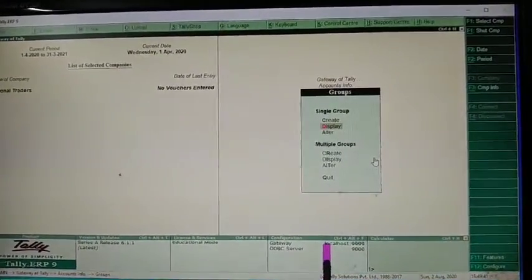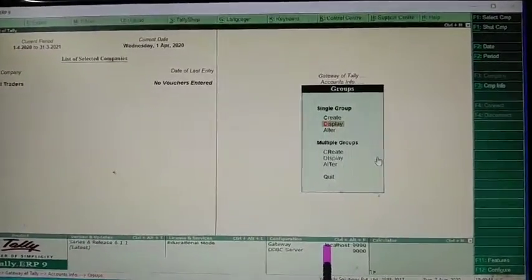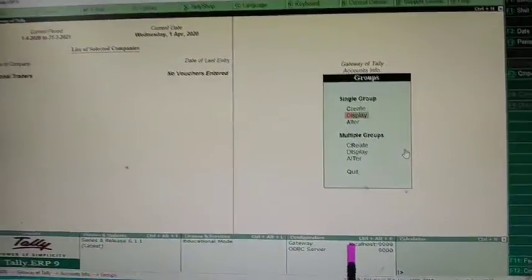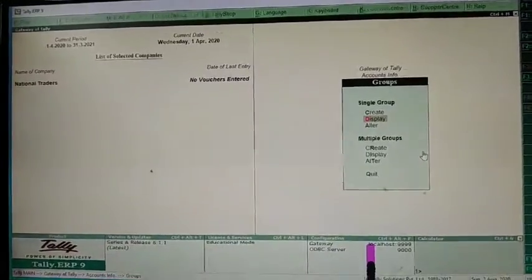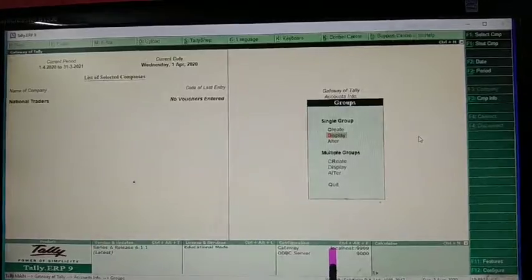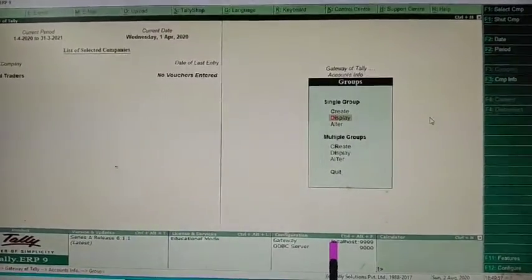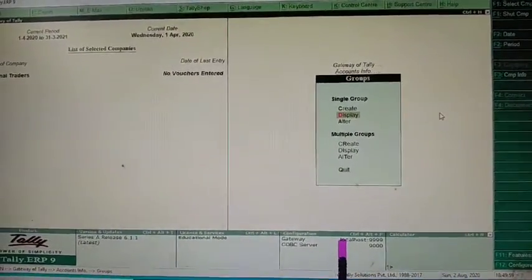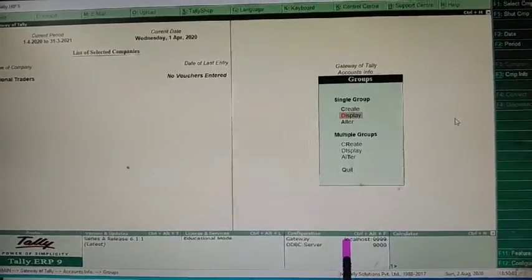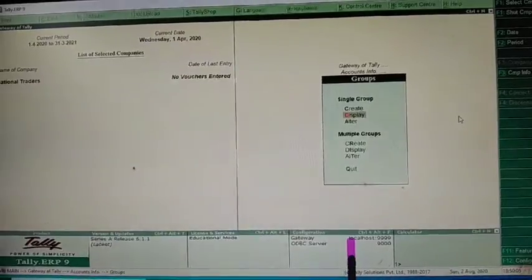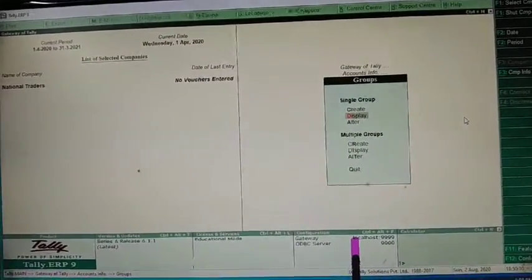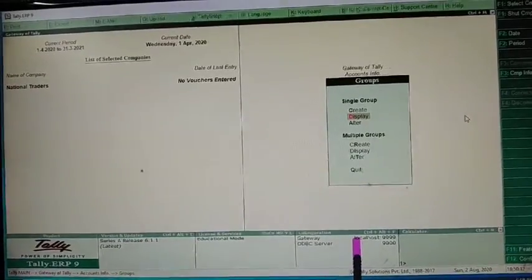The chart of accounts is already built in. So it allows us to group our ledger accounts right at the time of creating our accounts chart. When we create ledgers, we assign the right group. So at the time of a report, we don't have to group them again, because grouping is already assigned in the initial stage of accounting.